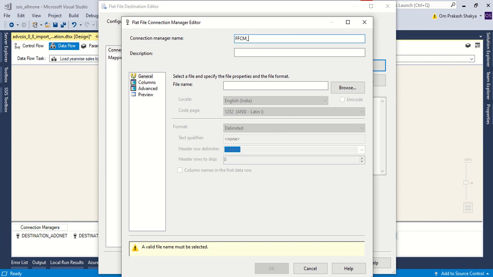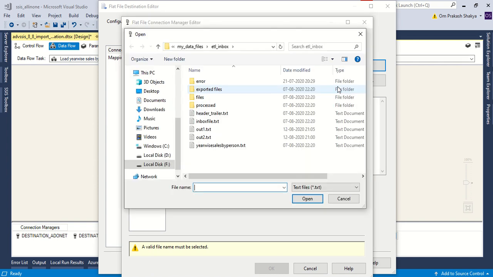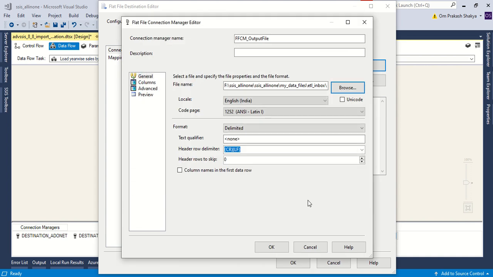So I will provide a name, output file, and where I want it, I will provide the name whatever you want, output file dot txt. Okay.